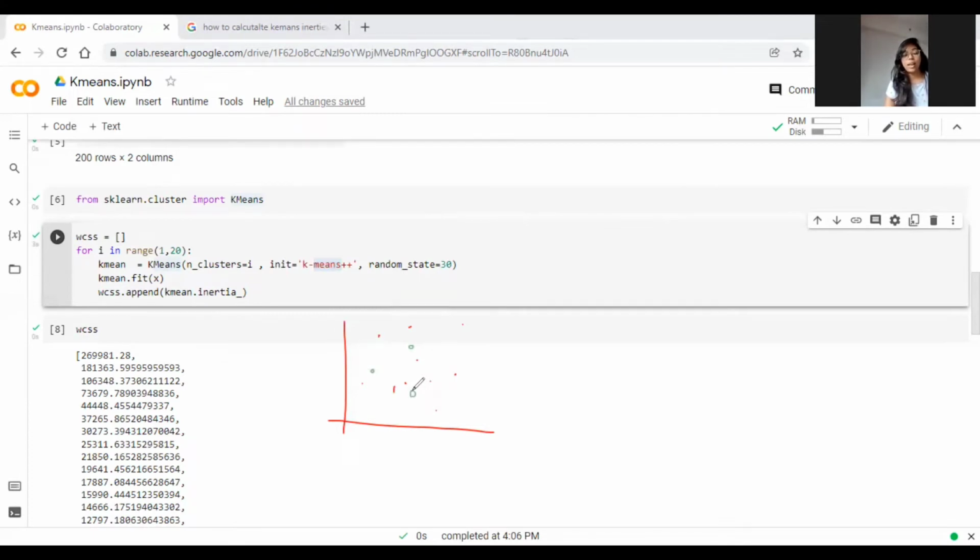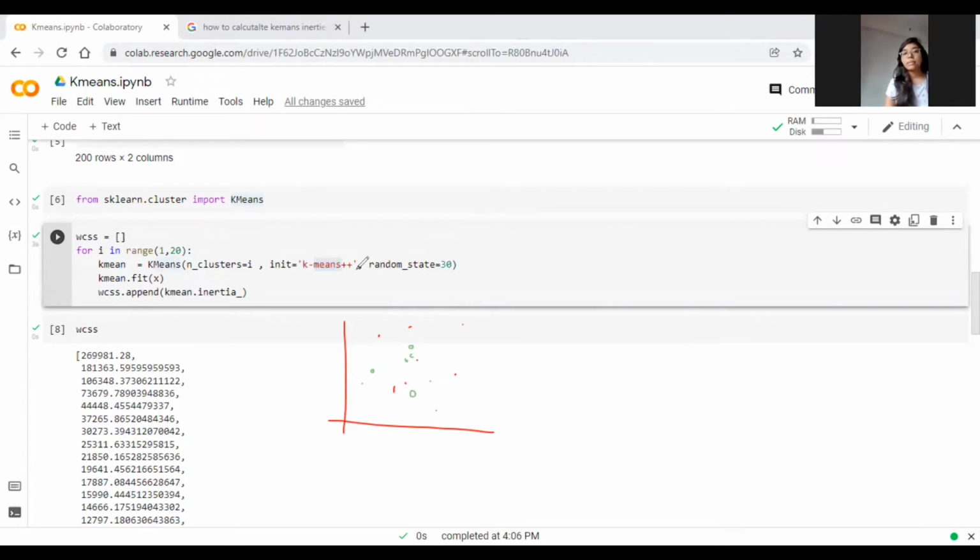But what if these initialized K points are very near to each other, like this? It may end up forming only one cluster or the wrong number of clusters, which is not feasible, which should not be the case.